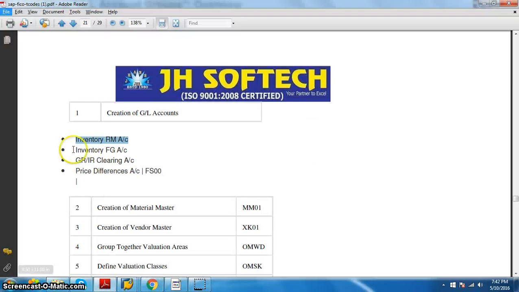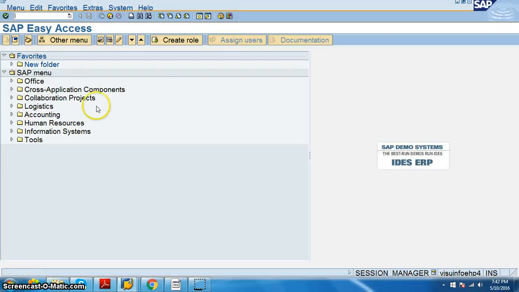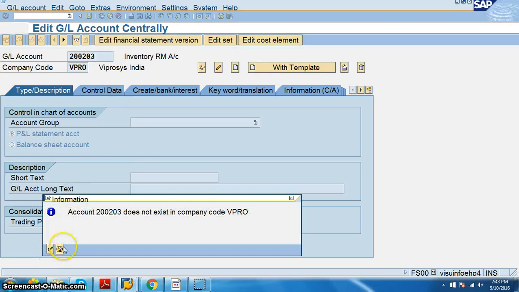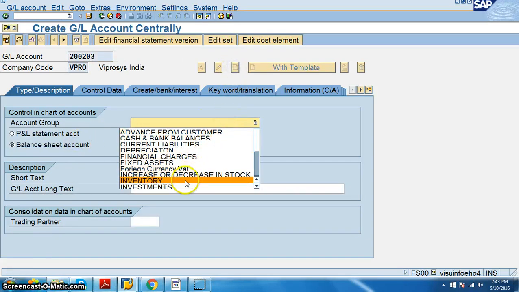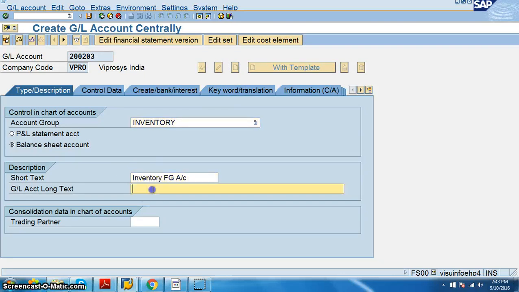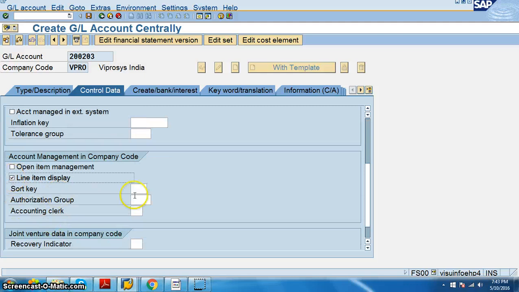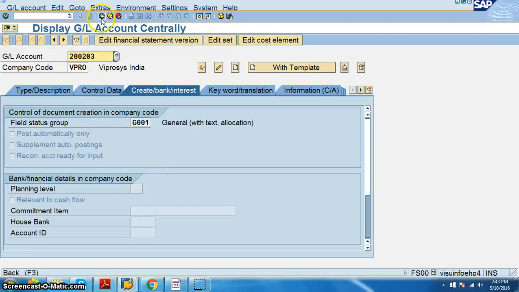Then we have to create one more account for inventory FG account. Let's create an inventory FG account. That's finished goods account. So let's go for FS00 again. We'll go for 203 now. We haven't yet created that. Create, balance sheet, inventory FG account. Balance is only in local currency. Line item, sort key 001, created G001, save, back,